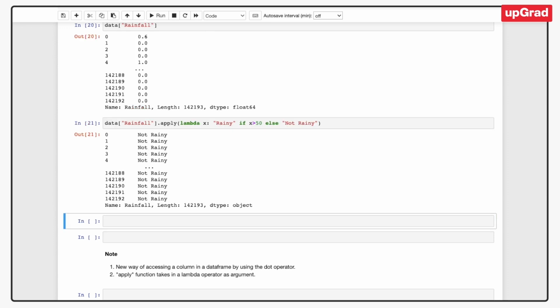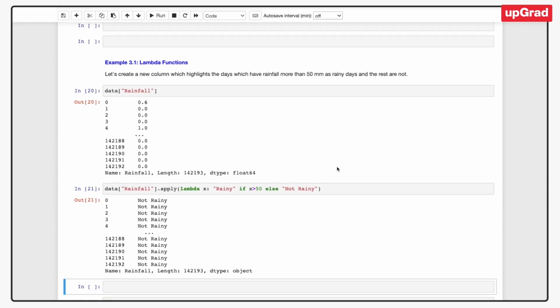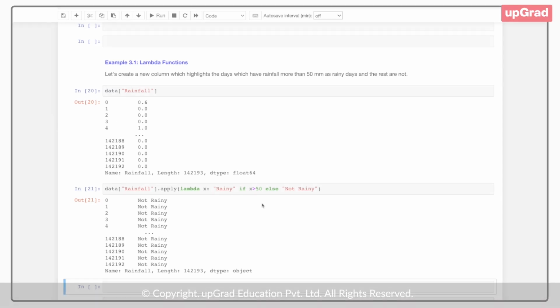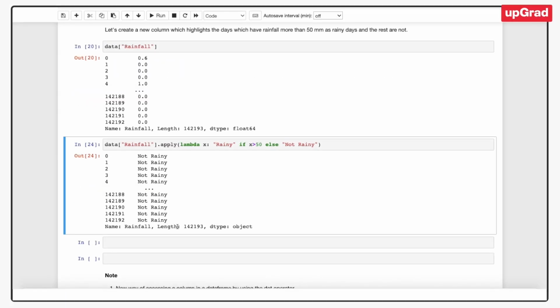If I run this, I'm gonna get a new column with either rainy in the rows or not rainy in the rows. And obviously for this header and tail, you would see not rainy because most of these values that you can see in the top 5 rows and the bottom rows are below 50. So we have created a new